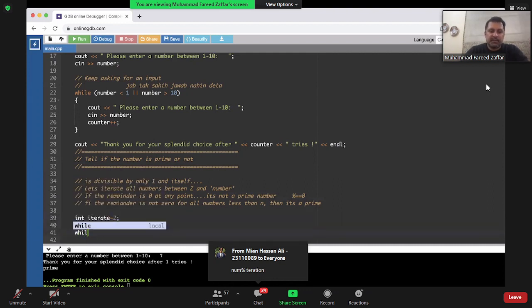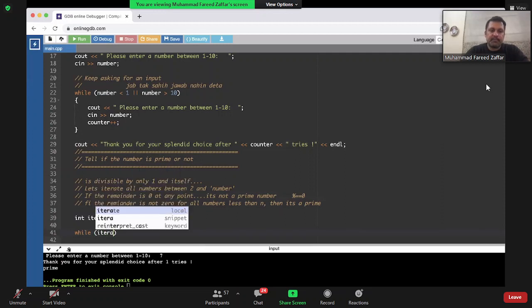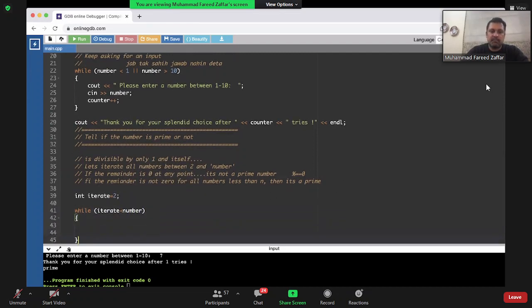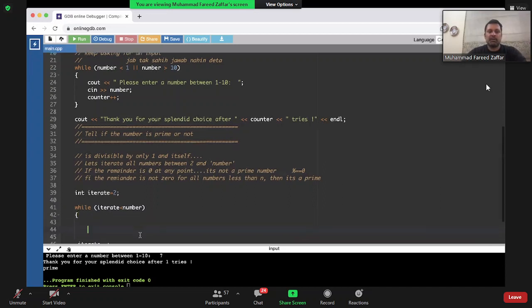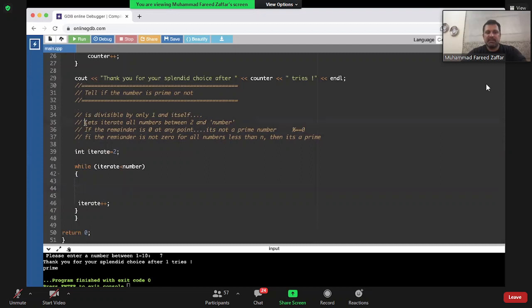While iterate is less than number, iterate plus plus. So I have this loop that goes from 2 all the way up to number. So I have this part done. Now, what do I need to check?